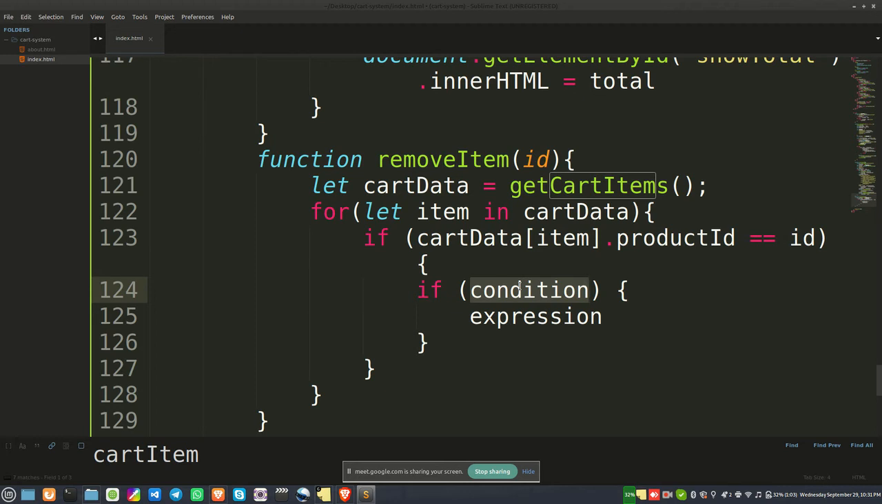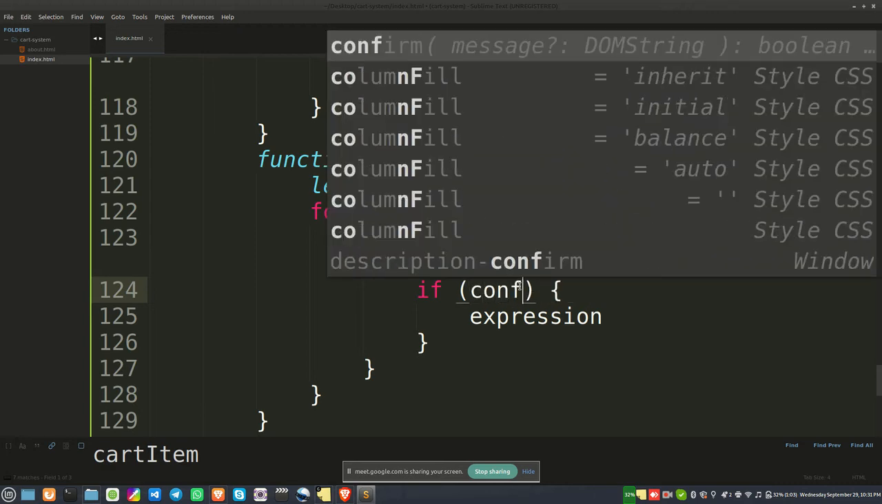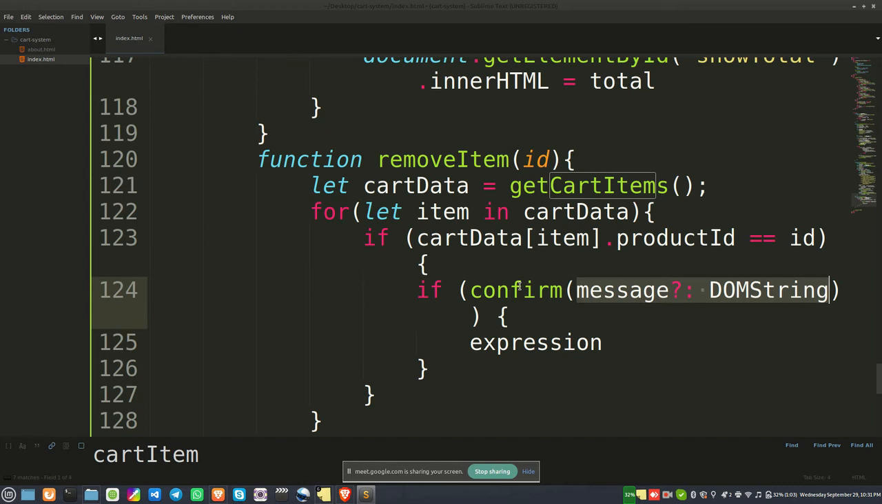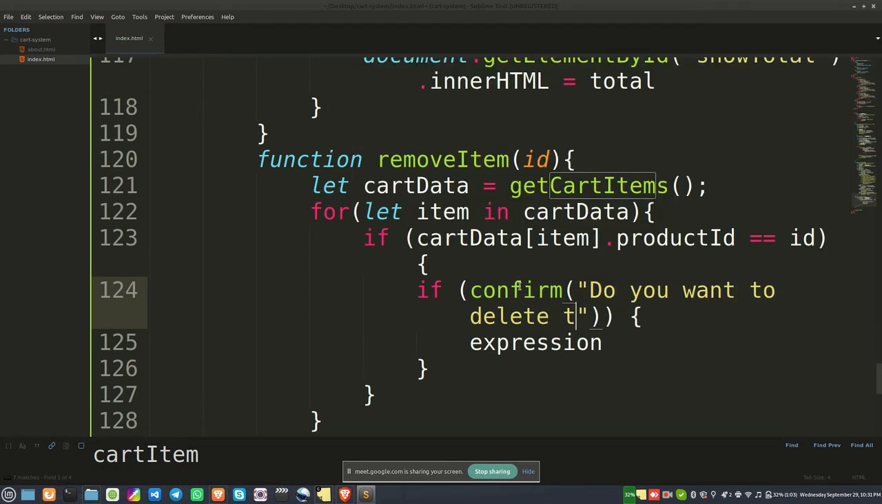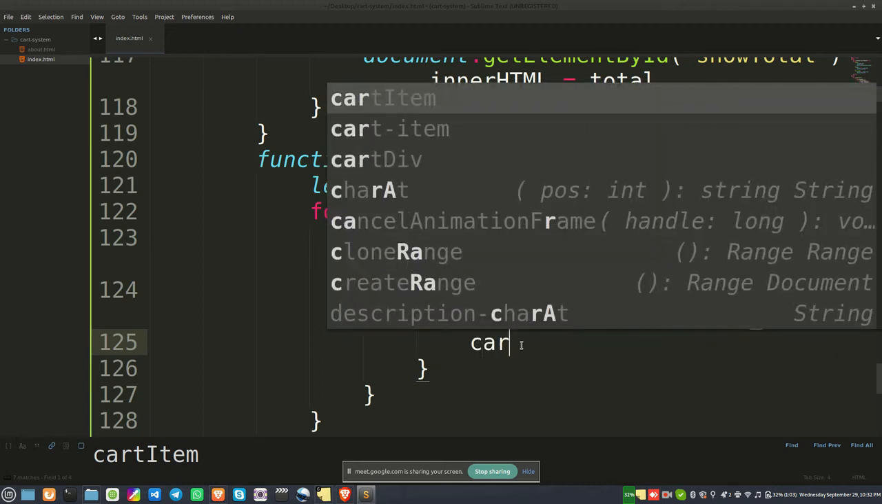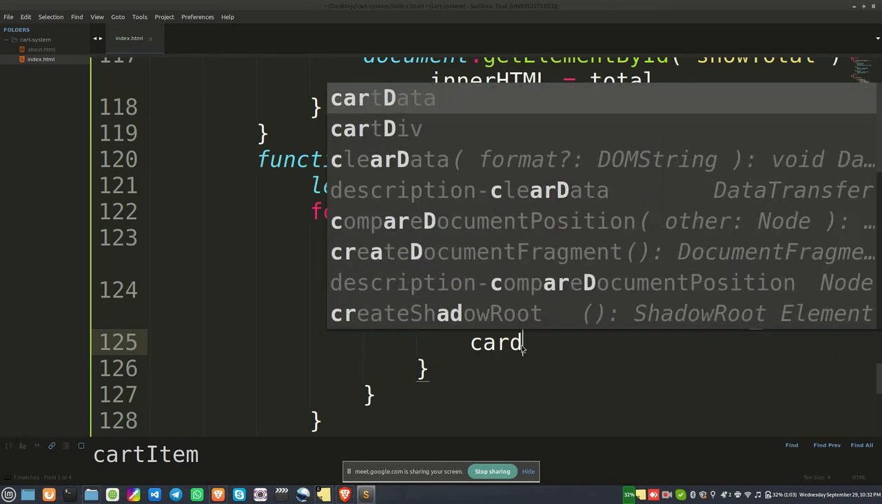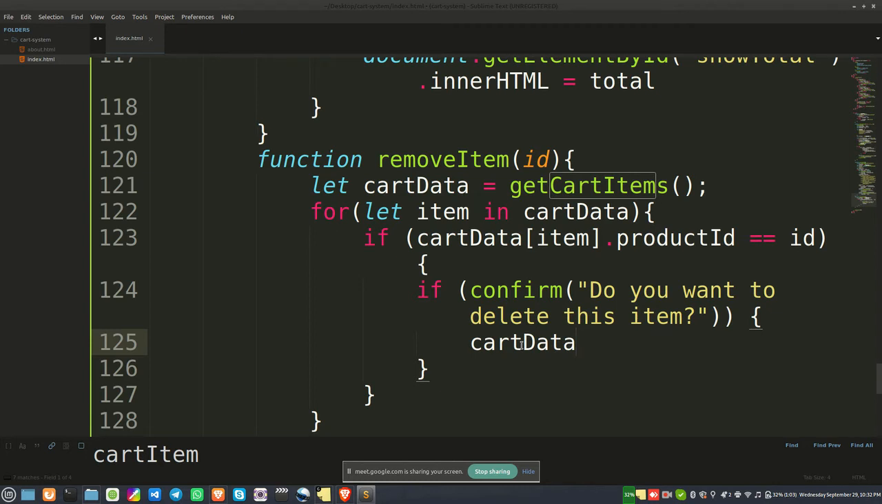I just want to say the confirm box returns true or false. So I just want to say if confirm. So the message, what's the message? Let's say, do you want to delete this item? So if you confirm, if it's true, if you agree, just do cat data dot. So how do you remove something from an array? Using the index,